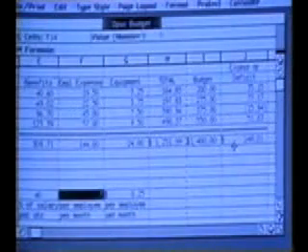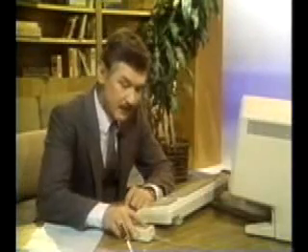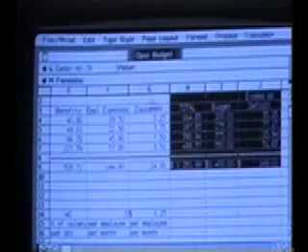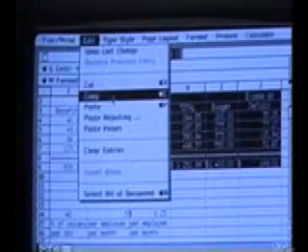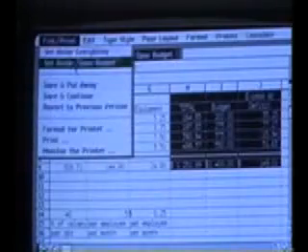Now I've corrected my deficit. If I want to insert any part of this budget into a memo or a report, I use the mouse to select the information. I then go to the Edit menu and choose Copy. I've now made a copy of the model, which I can use later. I'll set aside the budget for now. To create a memo,